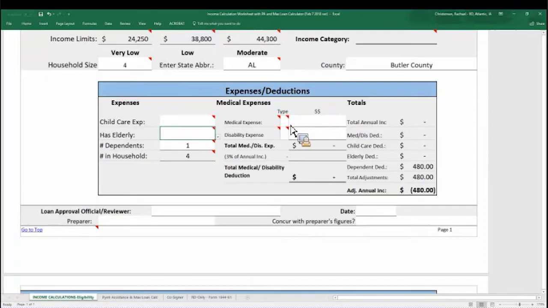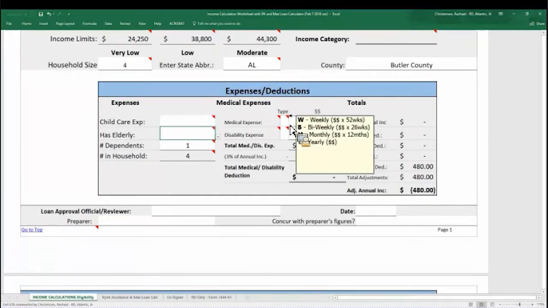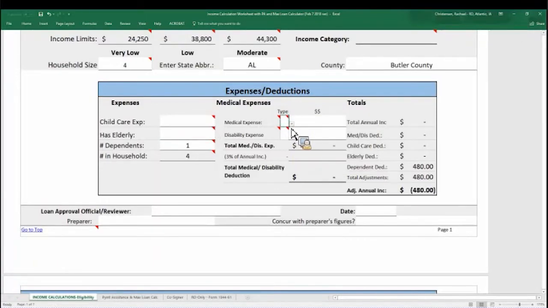If you would have medical expenses, you would enter those in a weekly, biweekly, monthly, or yearly format. So to show you how that works, we would do, say, a monthly amount, $250 a month. And it would come up with the total medical expense. Once we get income in there, it will deduct the 3% of annual income and bring over the total in